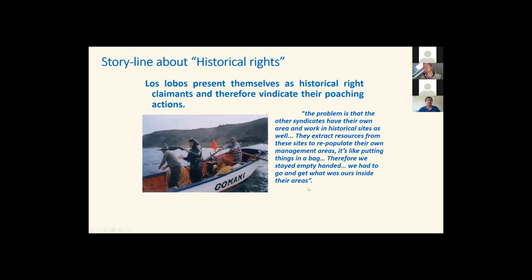And then finally, when we look at why Los Lobos were engaged with this, Los Lobos in Spanish actually means the wolves, and we find that all of these divers are actually quite young. The reason that they engaged with the policy was that they previously had been stealing resources illegally from some of these other management areas. They justified their actions because they also knew that fishermen who were operating co-management regimes were also going outside their areas and bringing snails back into them and artificially inflating the biomass estimate in the